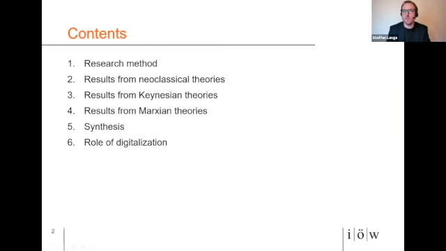This is what I'm going to do. I want to present the research method that I used. Then I look at the neoclassical, then the Keynesian and the Marxian theories, in particular the results. And what I did then is try to synthesize them. You will see that in the method part. And then if I still have time,